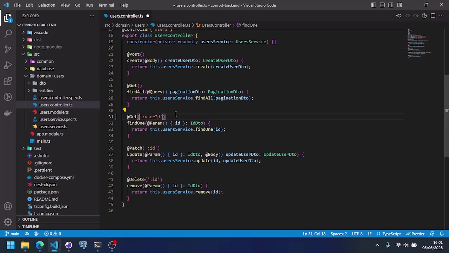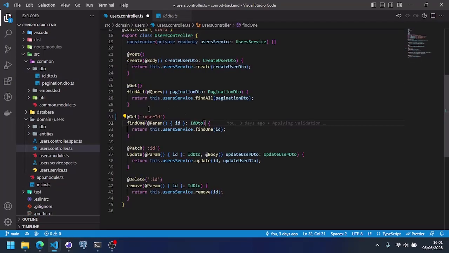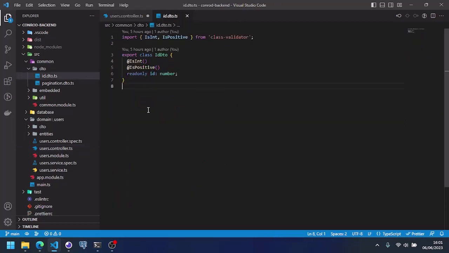So if I did this, then the ID DTO could not be employed anymore, because one of the drawbacks of the DTOs is that there must be an exact match between its field names and the field names of the incoming data. So if I were to solve this, I could, just as an example, it does not mean that I would really do this in a real case,